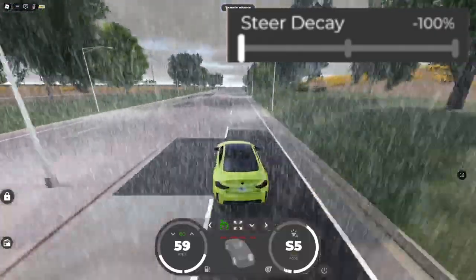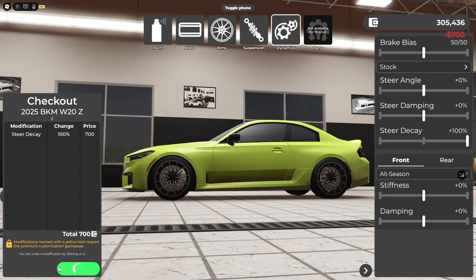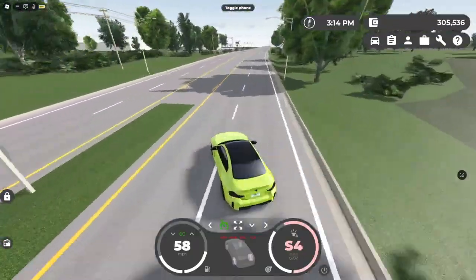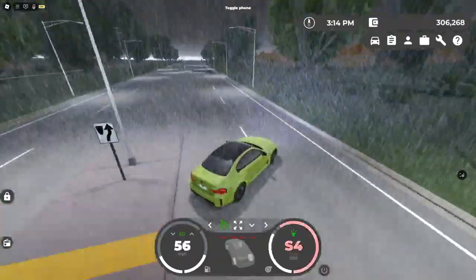The point at which 100% handling is registered is higher on lower steer decay and vice versa. Higher steering decay means cars are more easy to go into basically full turning mode, which makes it snappier and easier to correct back into a straight line. Let's not talk about how it does in the rain and